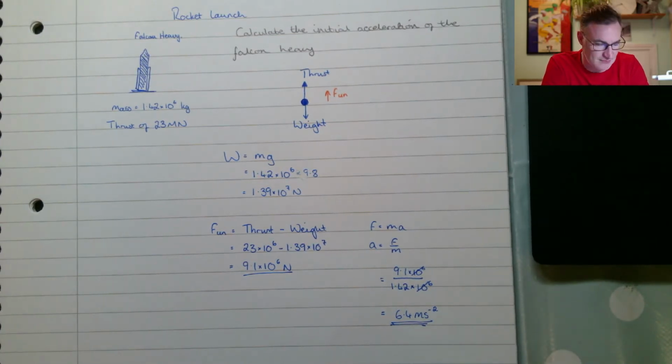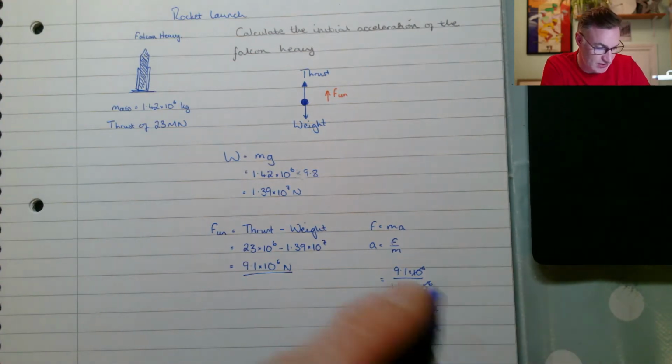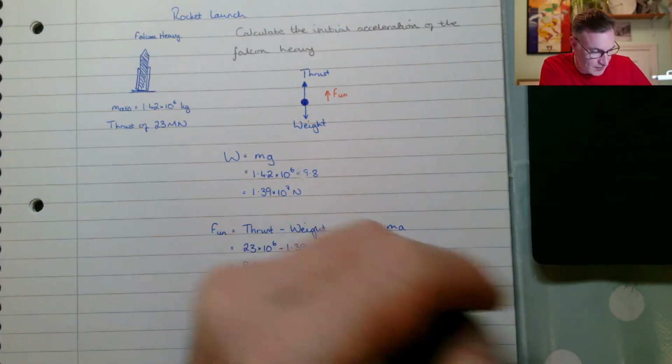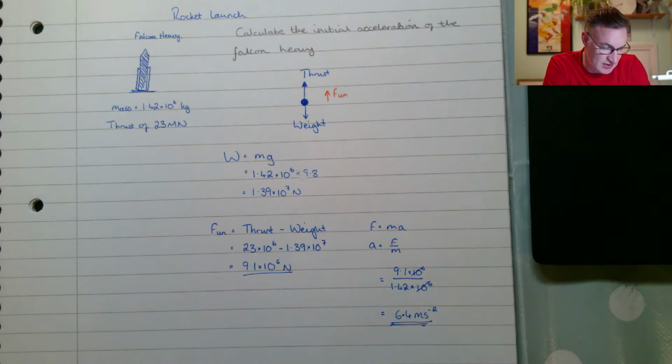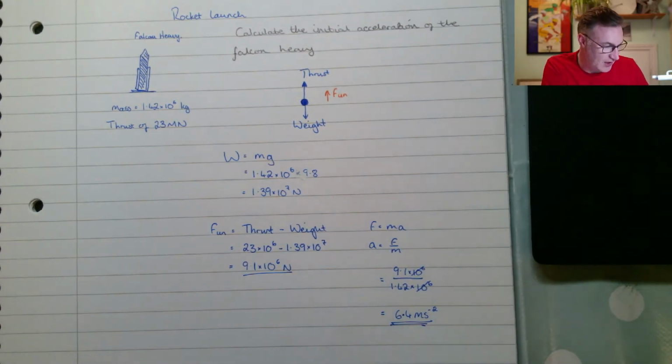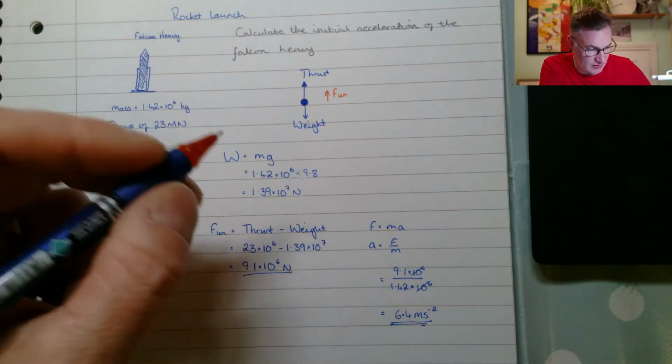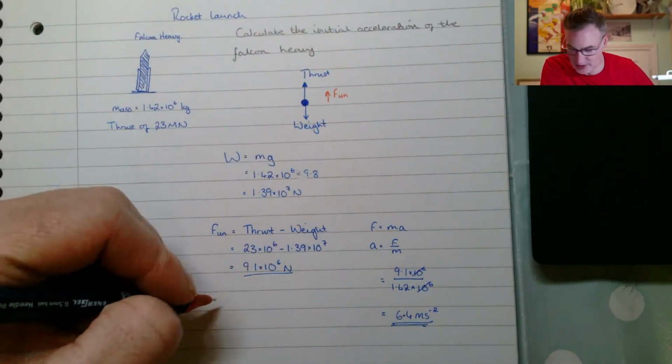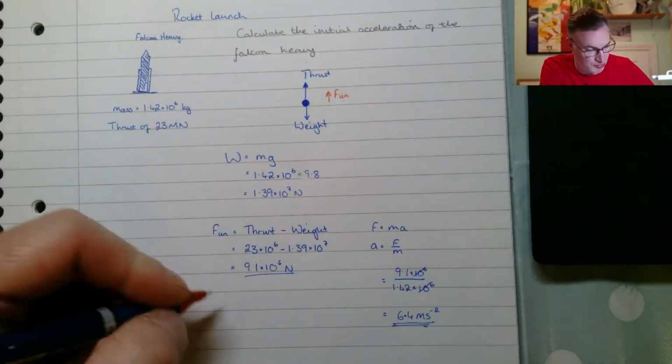Now, that ain't going to get you into space very quickly. So what's going on here? Why is it such a low value? And the reason is that the acceleration gets larger as the rocket takes off. The Falcon Heavy, and again, blame Dr. Google for these numbers, it will burn